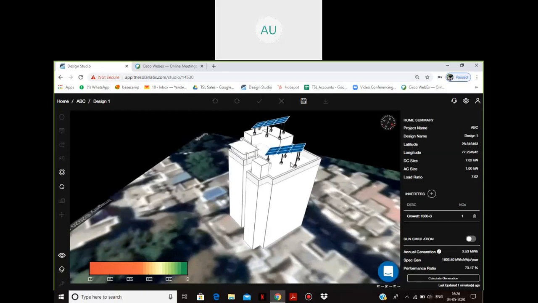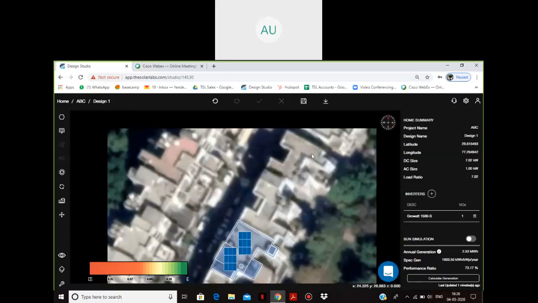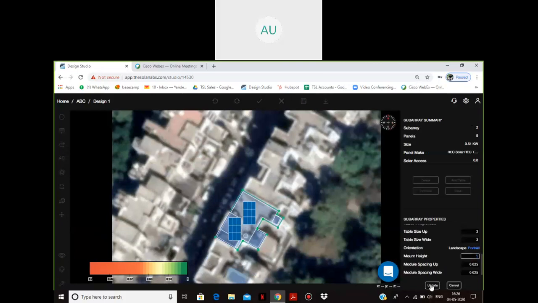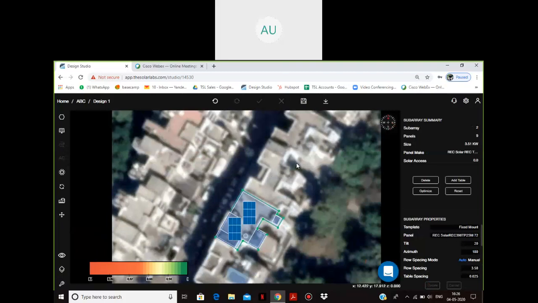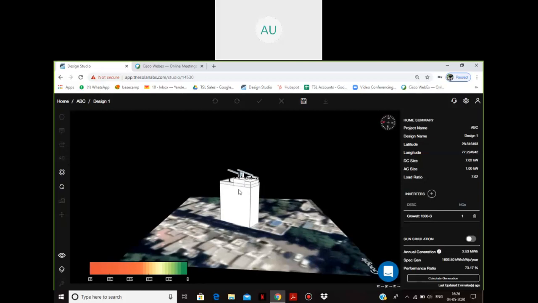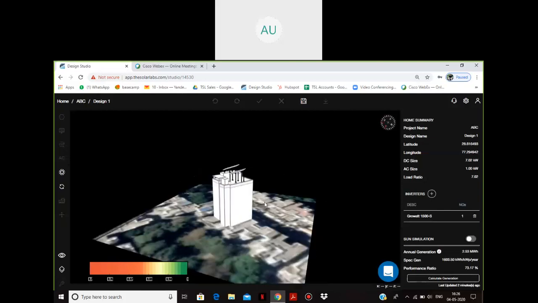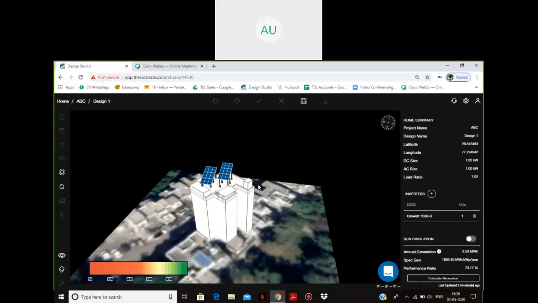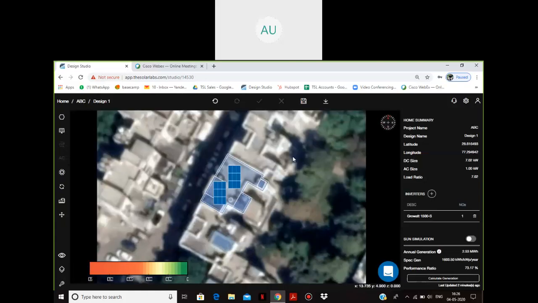And I have an option to even change the height of these panels. So I'll change the height to say 3 meters to convert it into superstructure, and you will see the change in 3D yourself here. Both the panels you can see have risen up. So here I've increased the capacity to 7.02 kilowatts now. Similarly, I can change the capacity according to my design needs.